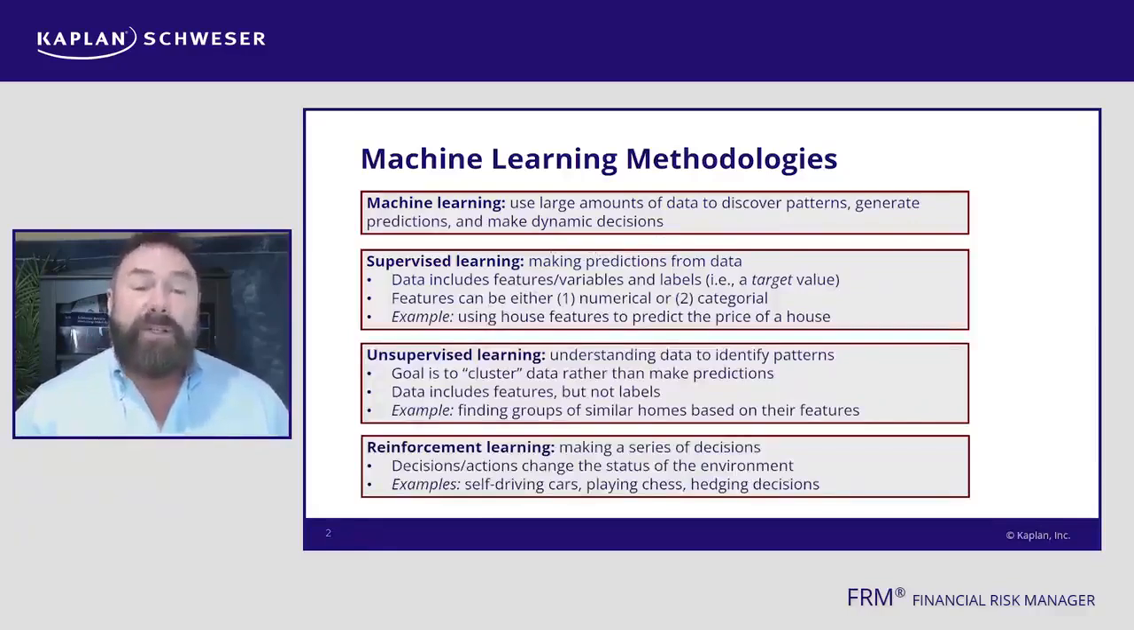And the very basic difference between the two is that with supervised learning, we're trying to make predictions from the data, and with unsupervised learning, we're trying to identify patterns. And the critical difference is that the data is not going to include target values or labels when we're dealing with unsupervised learning. In other words, we are going